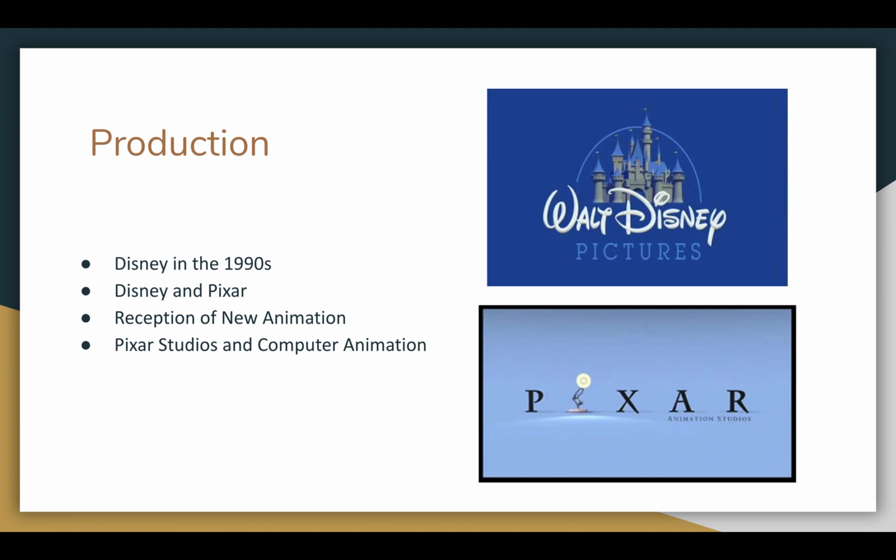In the 1990s, Disney was going through a type of company renaissance as they were creating and releasing well-received animated films such as Beauty and the Beast, The Lion King, and The Little Mermaid. Pixar was a newly formed computer animation studio, and Disney quickly began to collaborate with them. After the success of their first film, Toy Story, in 1995, A Bug's Life had the traction to become